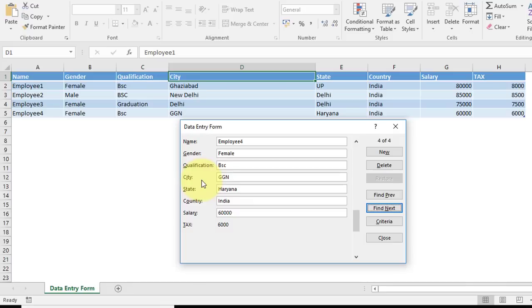That will not be so complex, but it will take time to develop that form, and you need some basic understanding of Visual Basic for Applications. If you think you need that form as well, and you want to learn about it, then just put a comment in the comment section, so that I will record a video on creating a custom data entry form with the help of Visual Basic for Applications, covering it step by step,